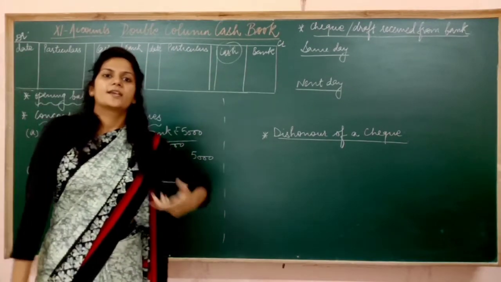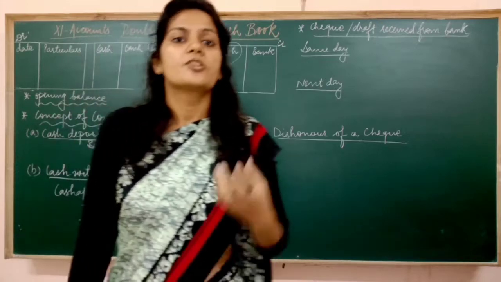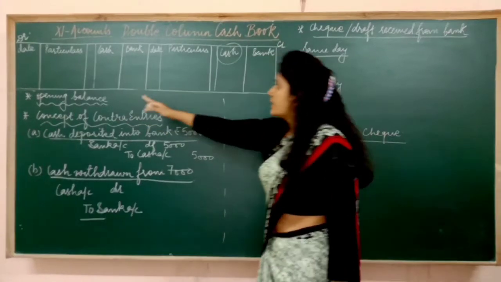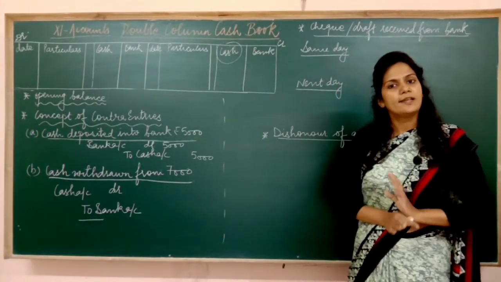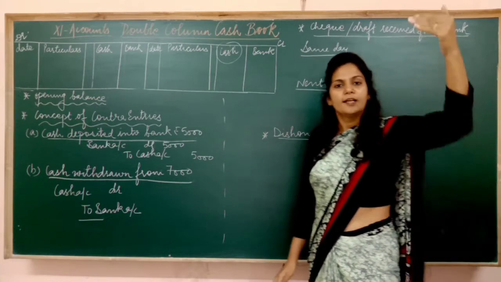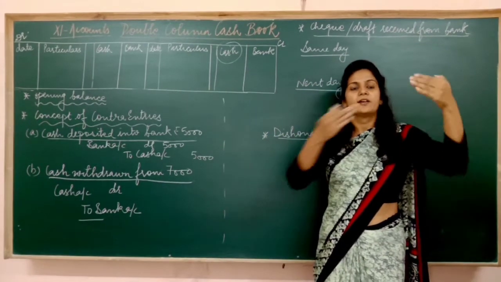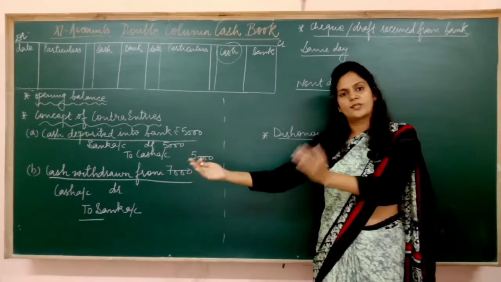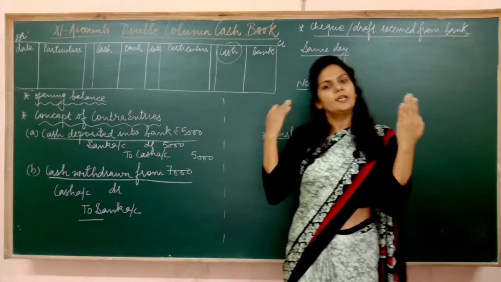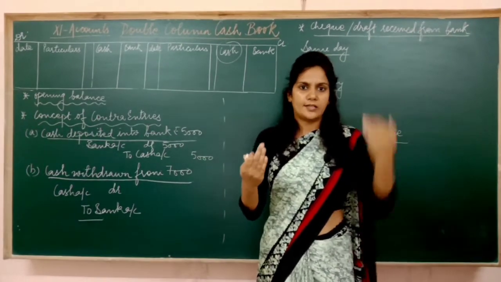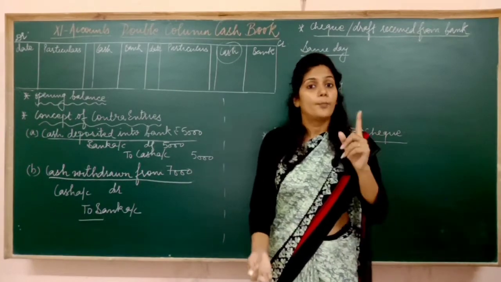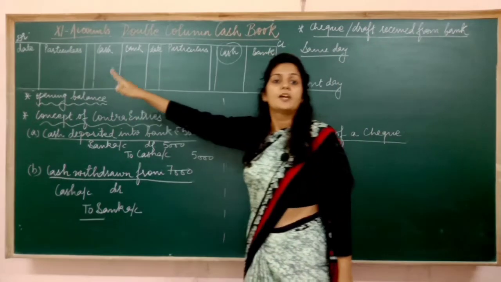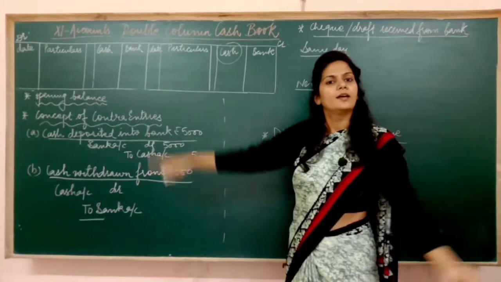But credit side of cash can never be greater because credit side of cash shows payments and you can't pay more than what you have. That's why in case of cash, credit balance of cash will never come. Debit balance of cash means debit side was greater than the credit side. Receipt side was greater than the payment side. Receipts are more, payments are less, so what is left is cash in hand. Receipt side can be equal to payment side also, meaning whatever cash came in you spent it all, nothing is left. But credit side of cash can never be greater than the debit side because you can't spend more than what you have. Simple.